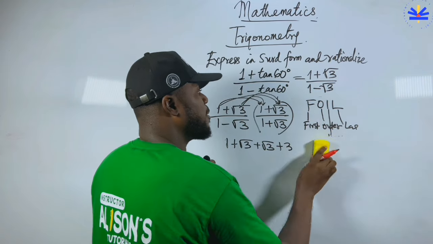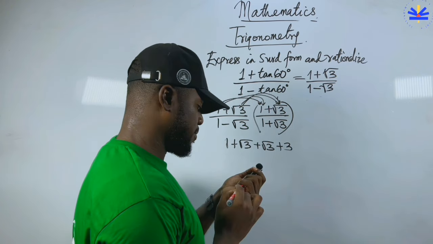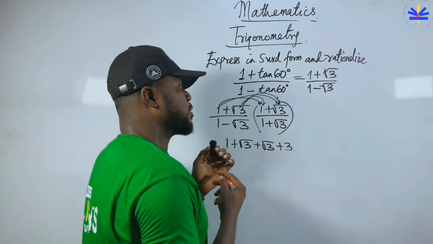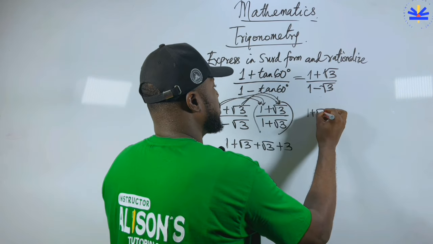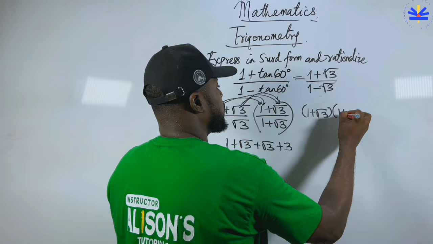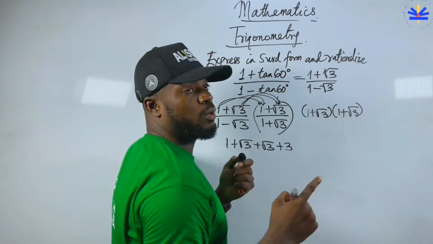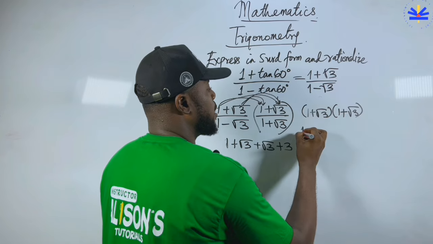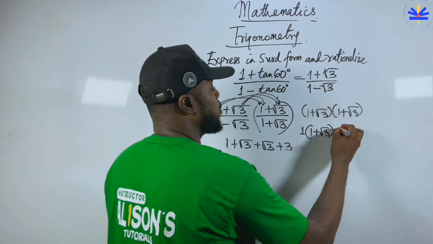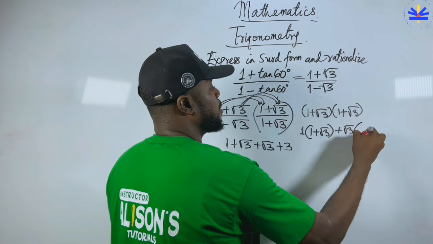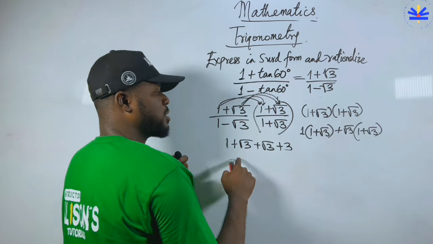Okay, so you can learn the FOIL method and the properties of surds. But if you don't like to use this one, you can multiply another way. You take them as 1 plus root 3 into 1 plus root 3 again. First, take these two things and multiply. How? I will just take 1, 1, multiply these two things: 1 plus root 3, plus root 3, multiply these two things: 1 plus root 3. If you expand this one, it will still give you back this one.